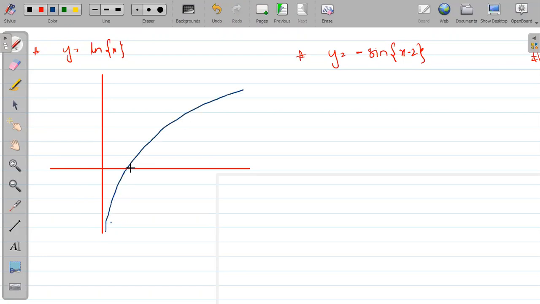This is the graph of ln x. From 0 to 1, if you are putting from 0, you are getting minus infinity. If you are putting 1, you are getting ln 1, which is 0. And bracket x is a periodic function. So whatever you are getting, the range of bracket x is from 0 to 1.